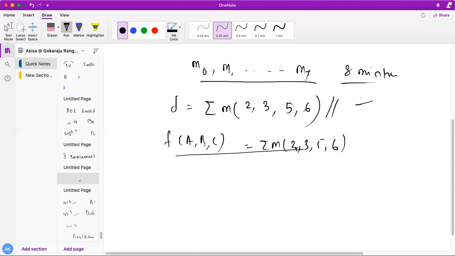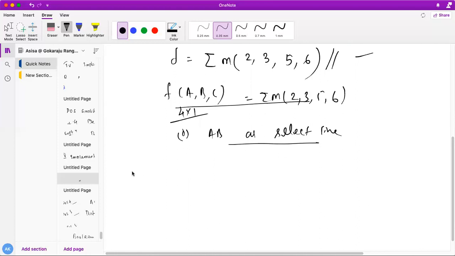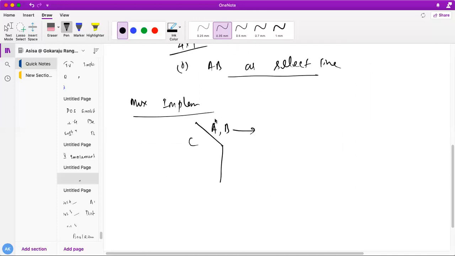Now you can implement it using a 4:1 mux easily. How? If nothing is given, just take AB as select lines. Now you can easily do this. If you have AB as select lines, then your mux implementation table is nothing else. The horizontal line will be AB, and C will be the remaining variable, whose function becomes the input to the mux. So now if AB are there, then A bar B bar, A bar B, A B bar and AB.